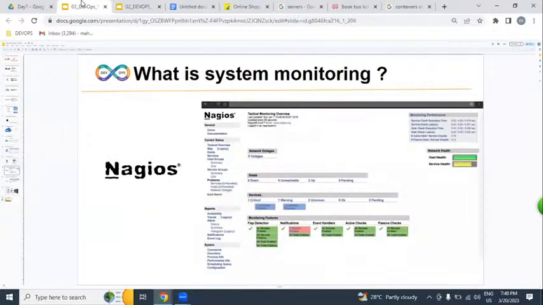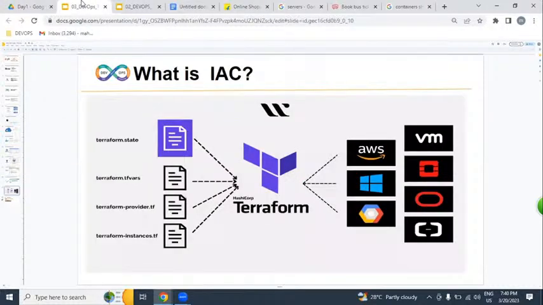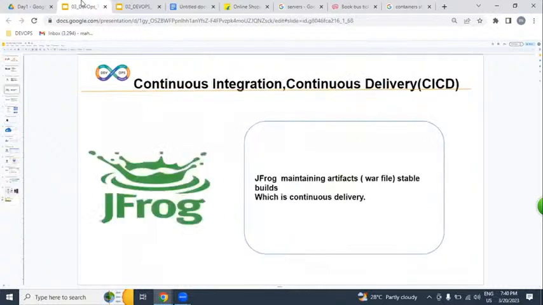We're going to be learning Nagios. Nagios is system monitoring. ELK is application monitoring. We're going to be learning these two tools also. And Terraform. Terraform is a cross-cloud platform. With the help of Terraform, we can create a service in Azure or in AWS or Google. It is a cross-cloud platform. We can interact with any cloud, not only Azure. So with the help of all these tools,